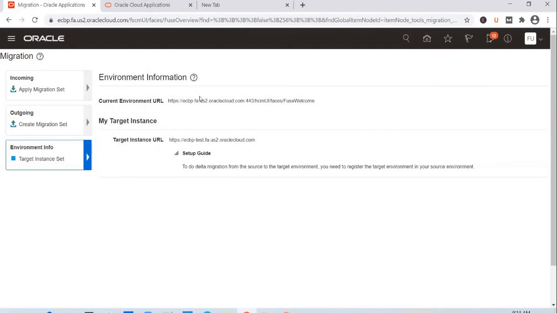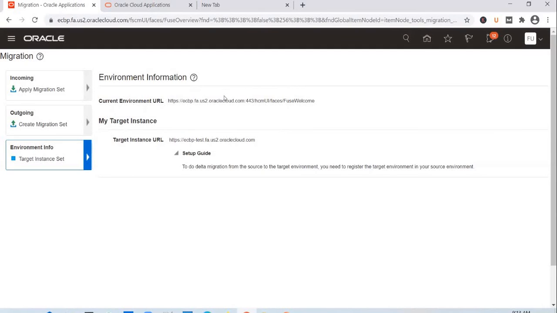And don't think that if you set a target instance here, say from ECBP to ECBP test, a pipeline would be established and the changes would flow automatically from source to target.